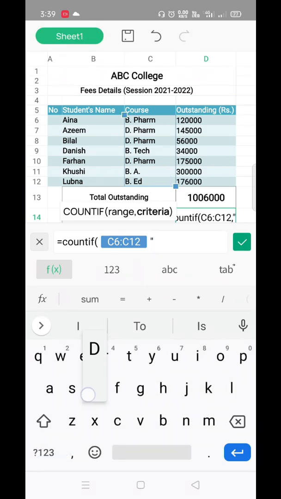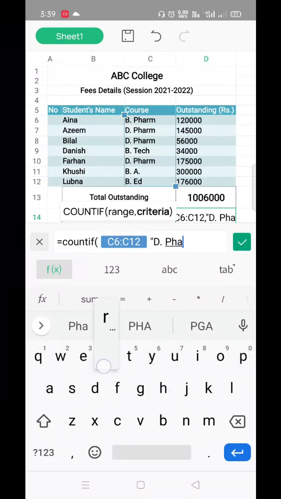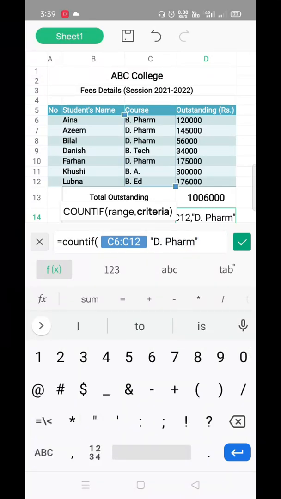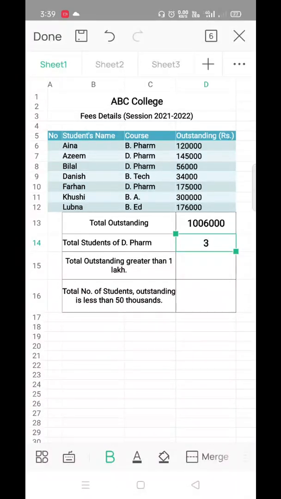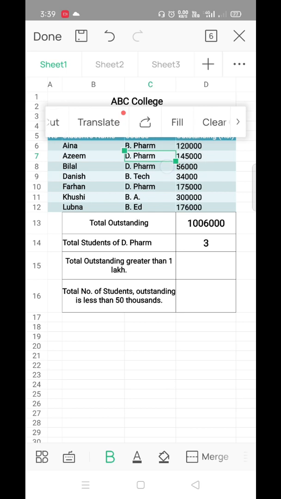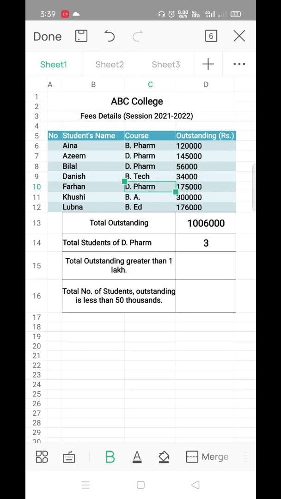Here you can type the value which you want to count and close your inverted commas and close bracket and tap the green icon. So it is showing that 3 students are from DPharm: 1, 2 and 3.